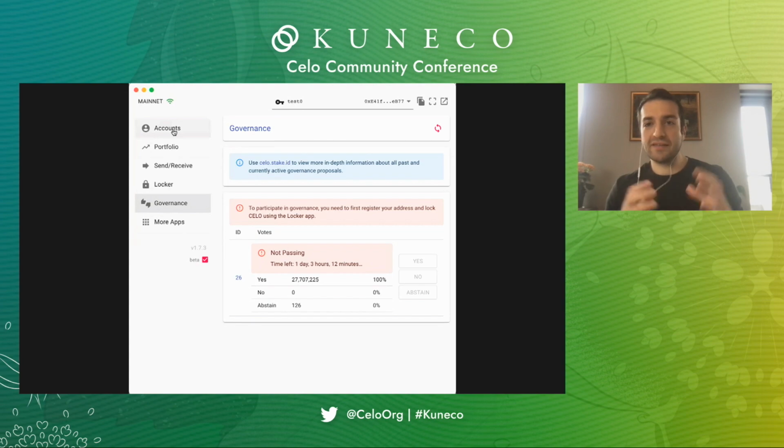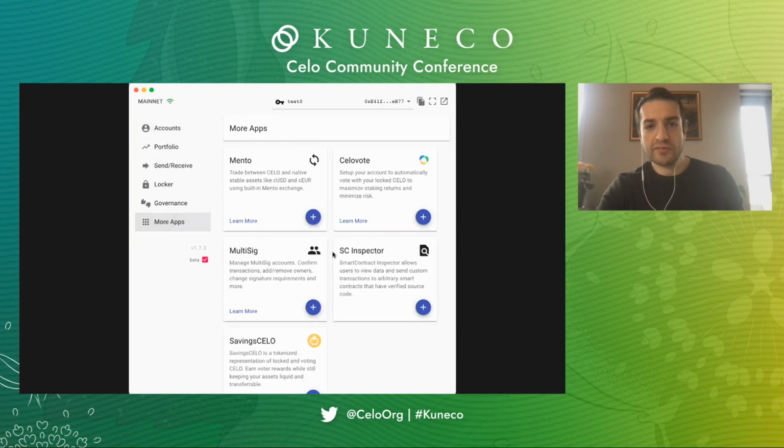for multi-signature accounts. If you're not familiar with multi-signature accounts, these are accounts that are signed by multiple individual account addresses, so you get more security. So for example, you can require 2 people to approve a transaction before it's executed. So for this, we'll go into this apps, more apps section. You can see there are a bunch of apps in there. We'll see this multi-sig app.